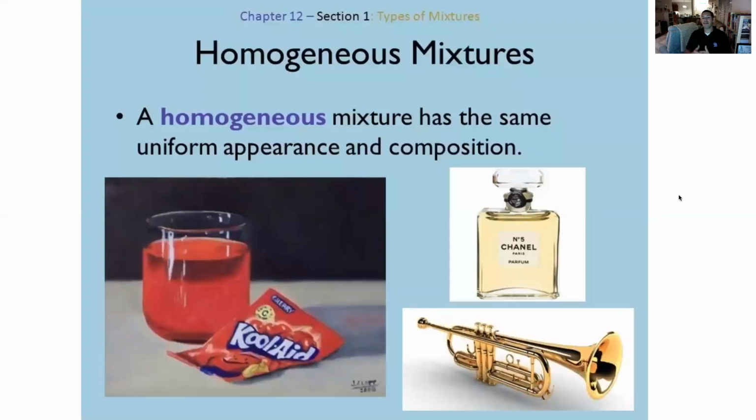All right. Now, a homogeneous mixture is going to have a uniform appearance. It's going to look all the same. And we have a couple of examples here. Think of a lot of drinks, a Kool-Aid drink, iced tea, things like that, any of those powders that you add to the water. You stir it, it dissolves, it has that uniform appearance. It's going to appear as just that liquid. The exception there is when you add too much of the powder.